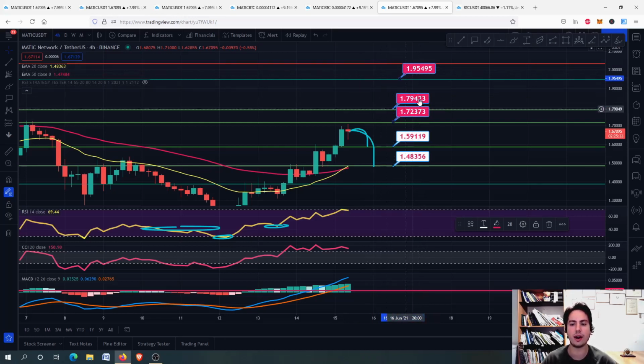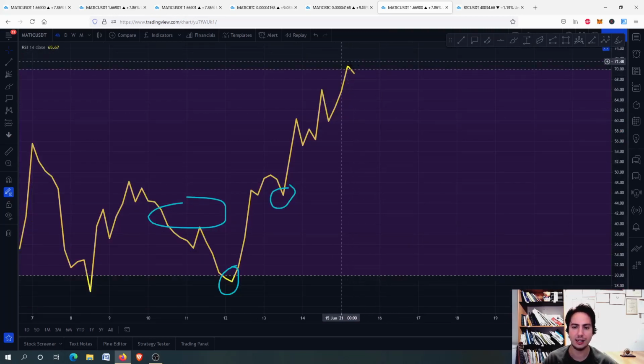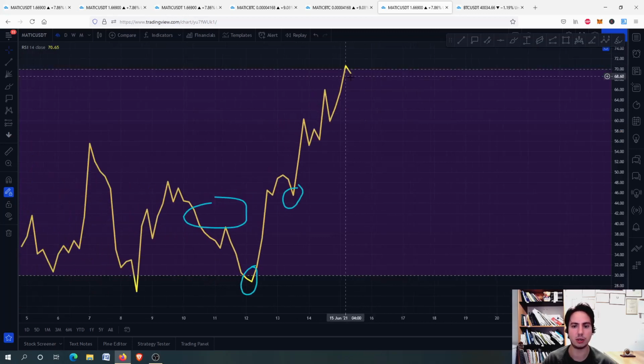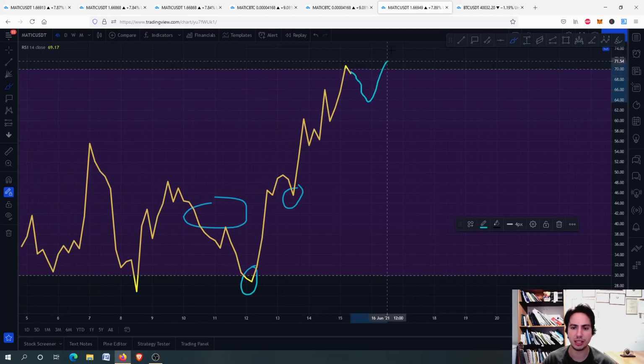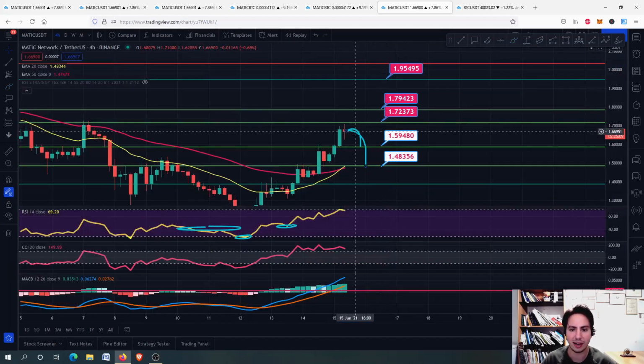We need to go there, and we need to surpass the 1.79 Tether USD. As long as we are doing this, we are absolutely fine and ready to rock, right? But for now, guys, please just wait, because you can see we are at a critical level where we might be going downwards. Although it is not impossible to see something like this and then go upwards again, right?